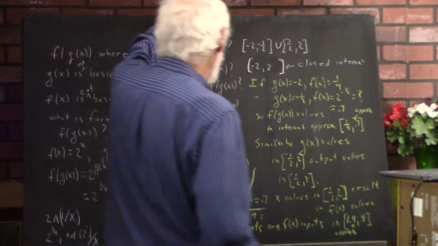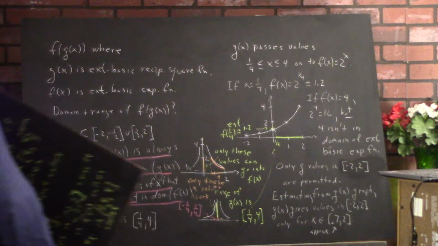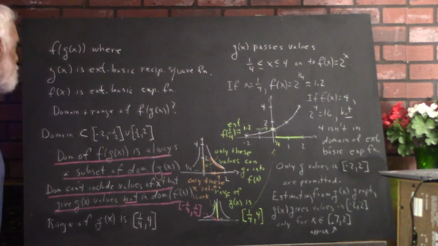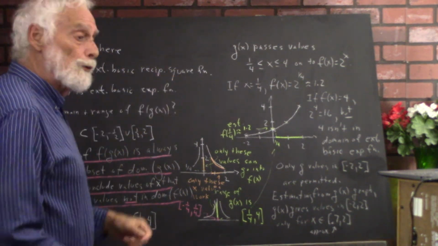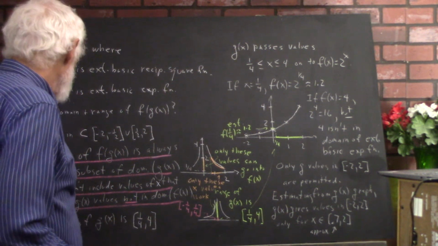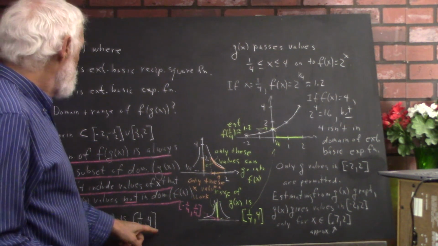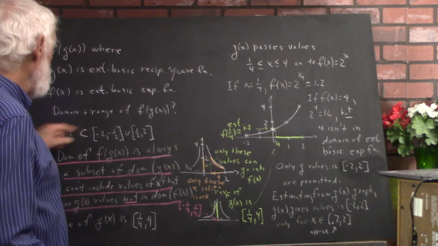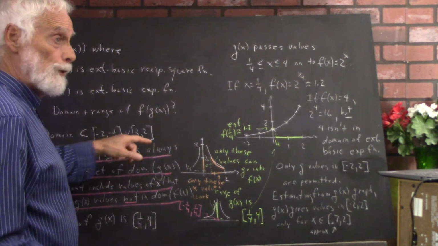Now that's not the case if we do the same functions, except g of x is now the reciprocal square function, because the reciprocal square function outputs numbers between 1/4 and 4. Now its domain is the same as the domain of the reciprocal function, so the domain of f of g of x is a subset of that, but you can't include,